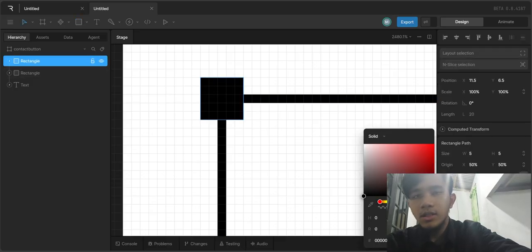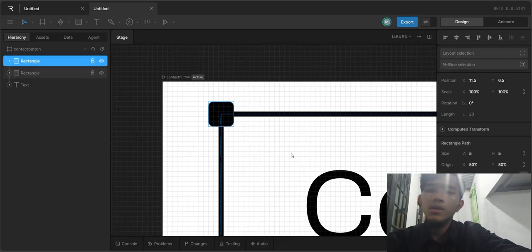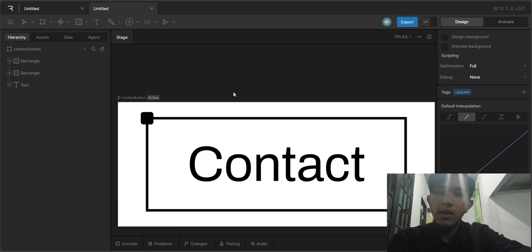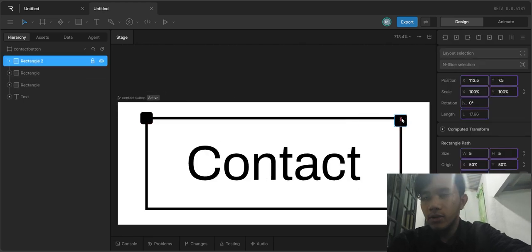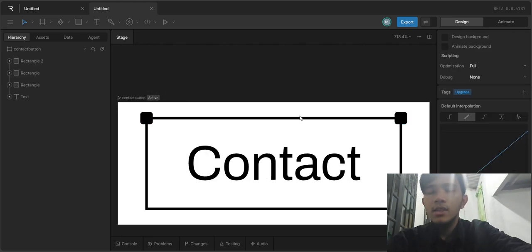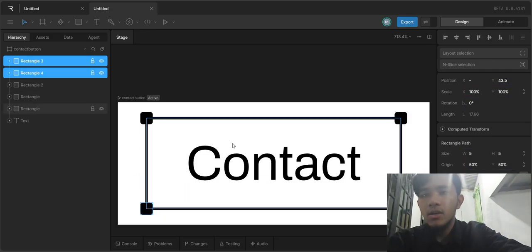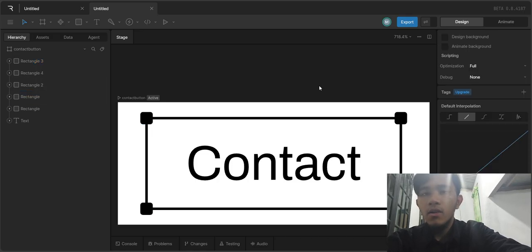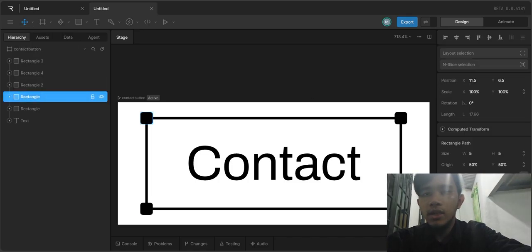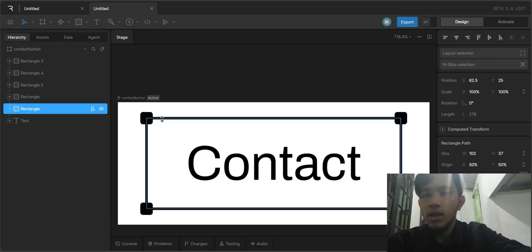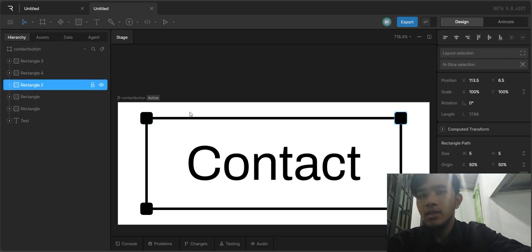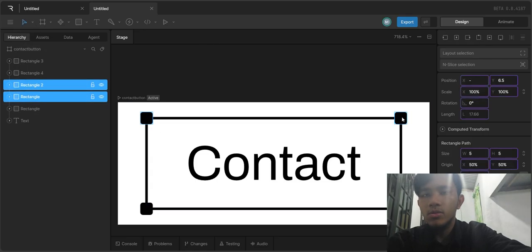And let's just reorder objects so they appear above or below others. Now I'm going to double click the file name at the top and rename it contact button, then press enter. I will do the same for the artboard itself using a lowercase uppercase naming style similar to expressions in After Effects.